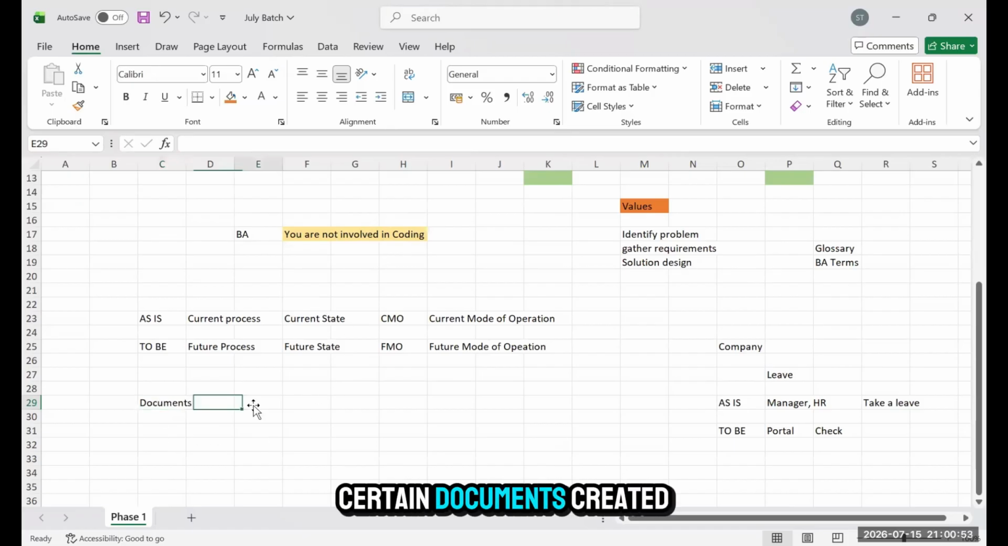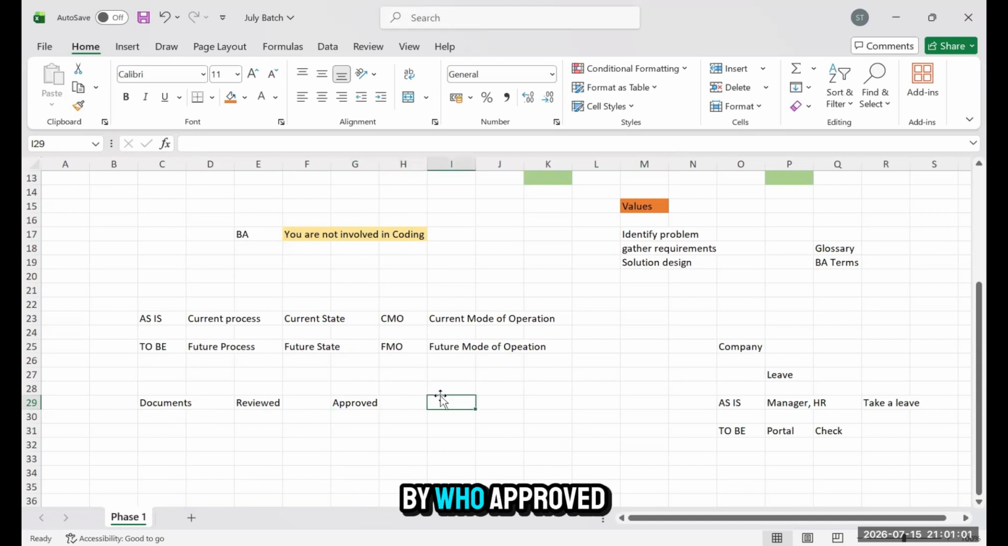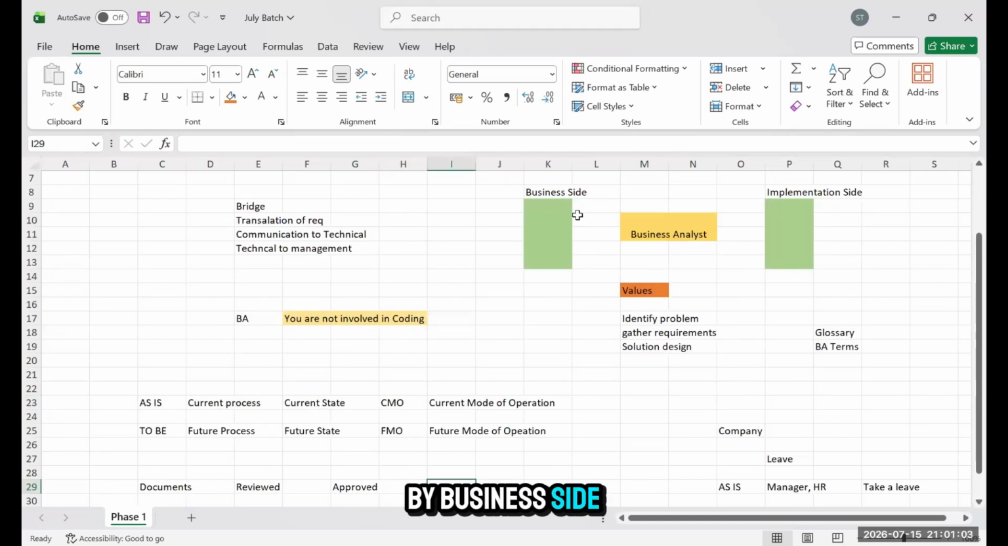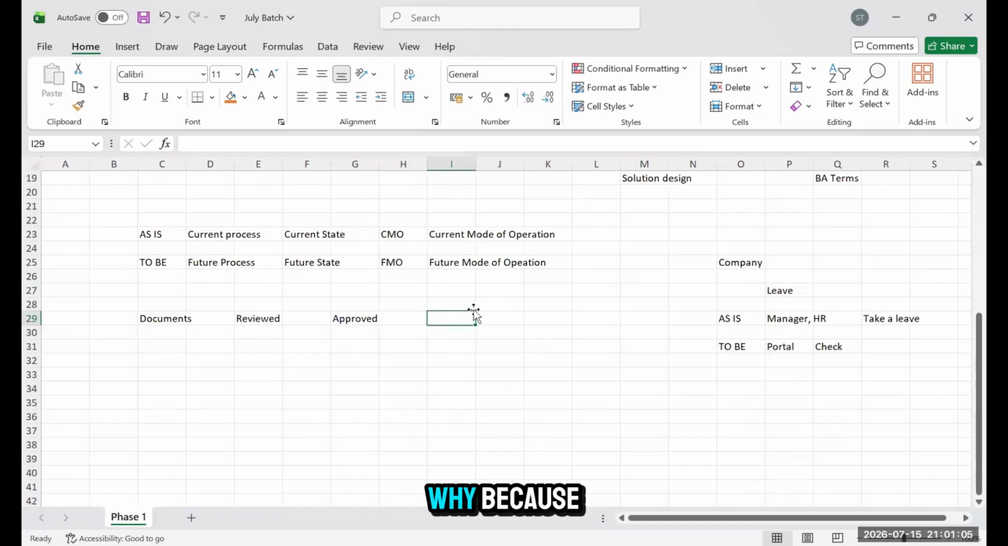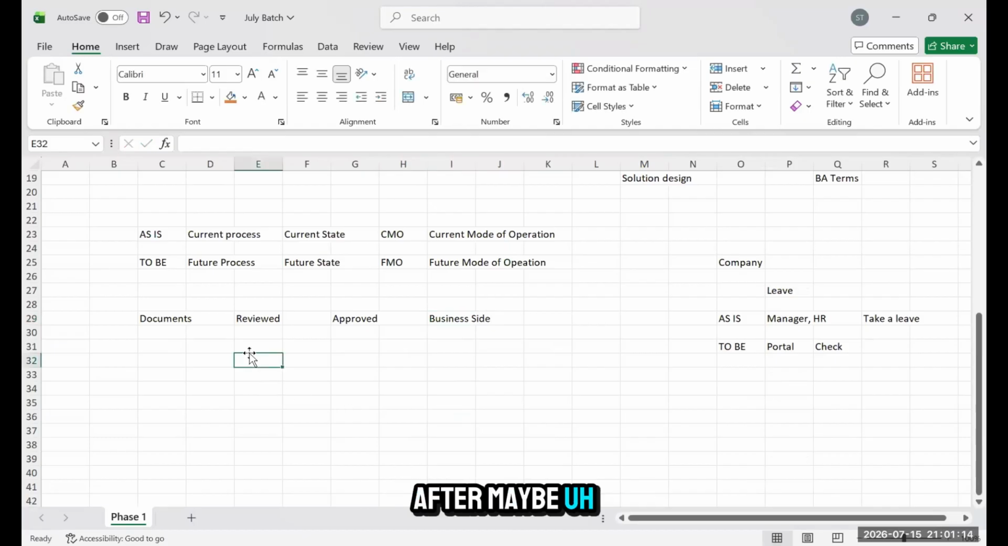There will be certain documents created. Those documents need to be reviewed and approved. Approved by whom? Approved by the business side. Why? Because of the business side, tomorrow, after maybe, suppose